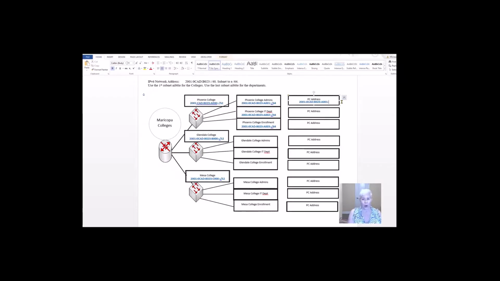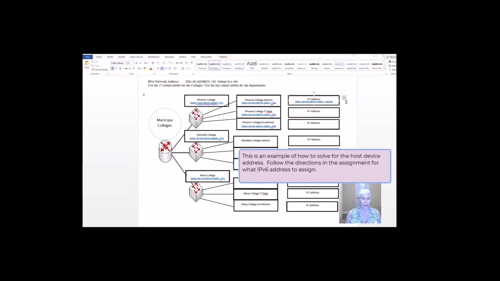Now I'm going to go : and I'm just going to say like 10/64. If we go back to how many hextets there are, 1, 2, 3, 4, I see 5 hextets. That means this double colon represents 3 sets of zeros. Okay, so that would be an IP address for the Phoenix College administrators.